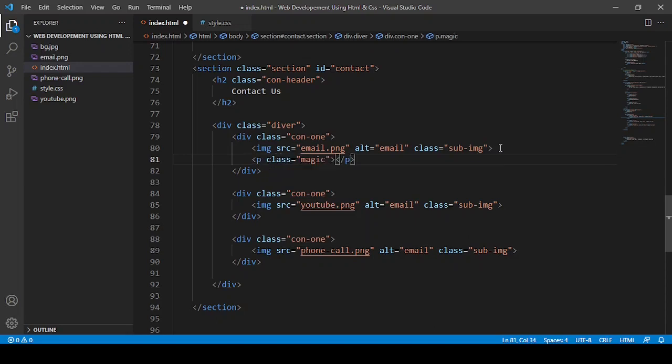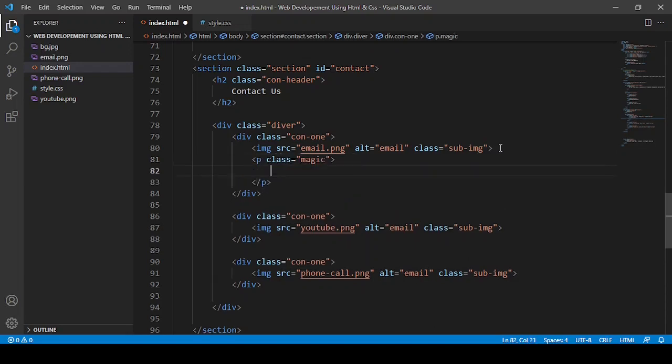I can say like magic dash text, and here you can give your email, like I'm giving my email here.